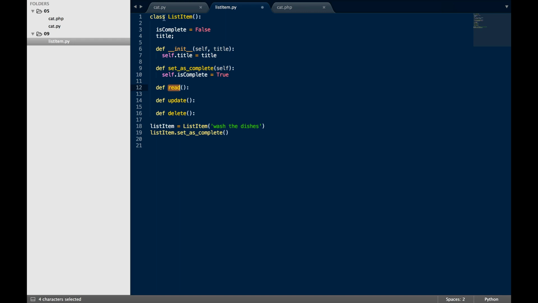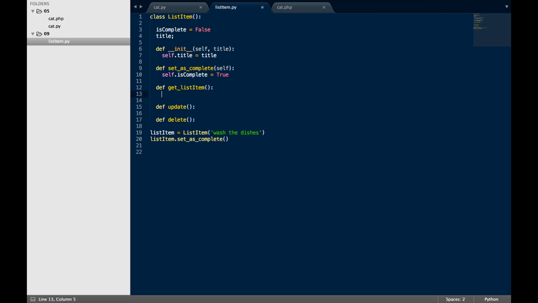But we are talking about a specific list item here. So what we should say then is get single list item. Now this may be a bit long, so I think single might be a bit redundant. So get list item could be a good